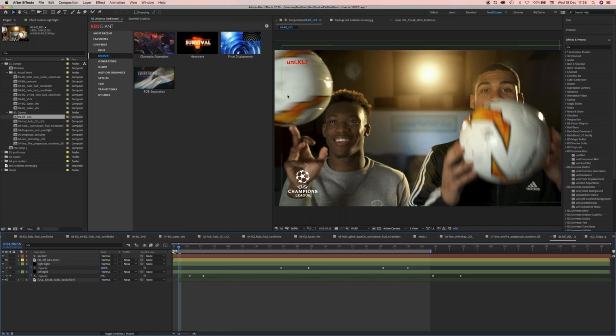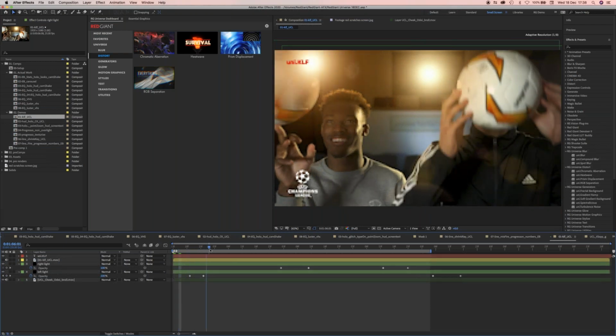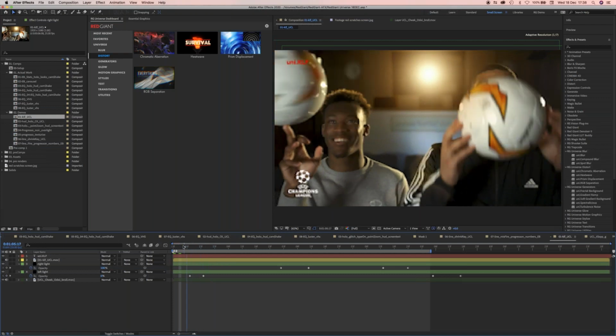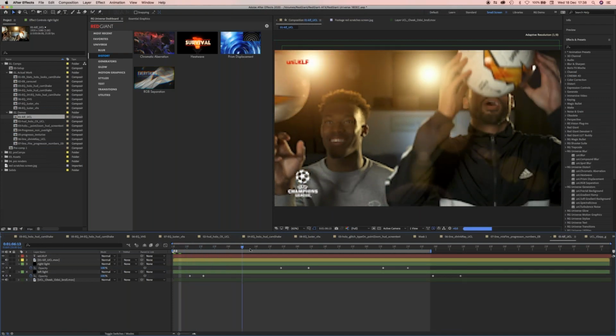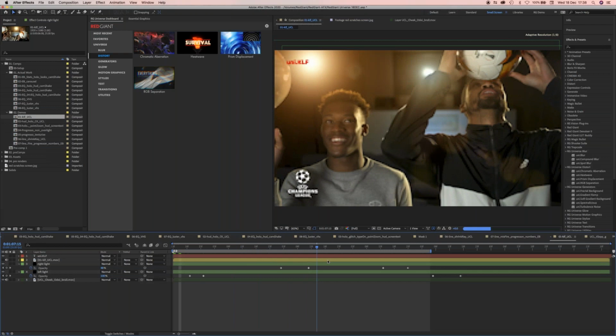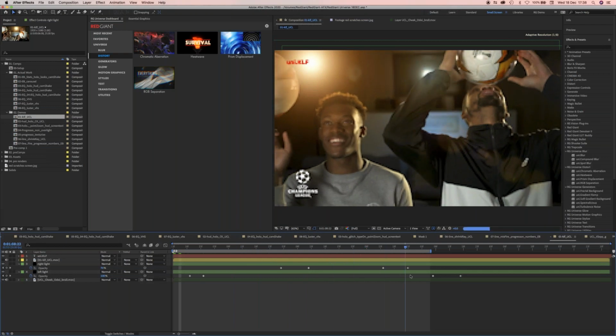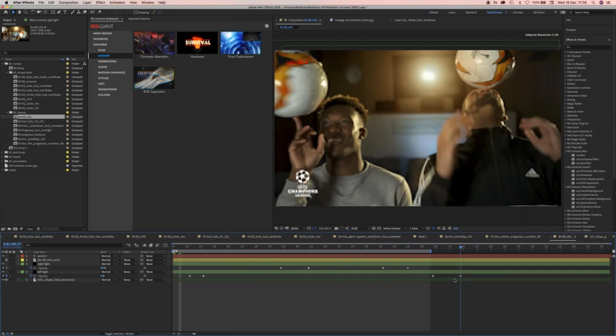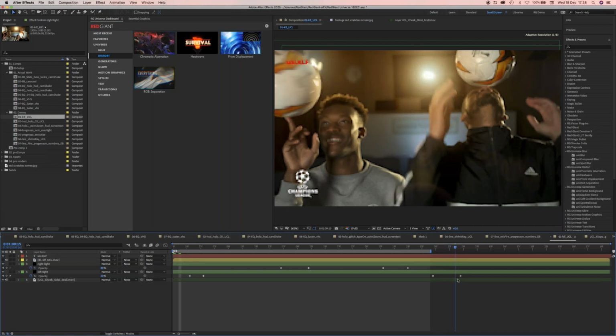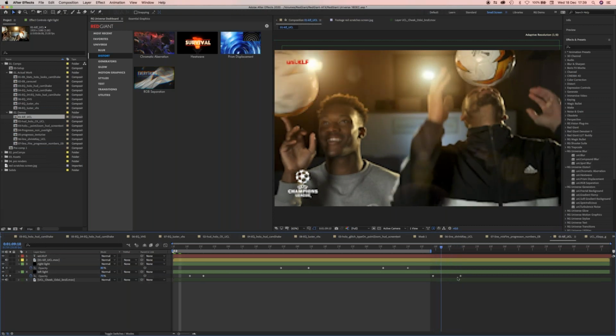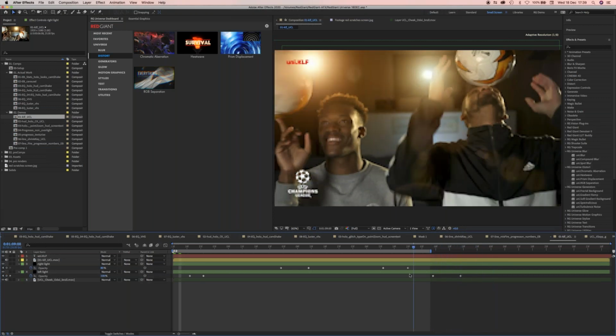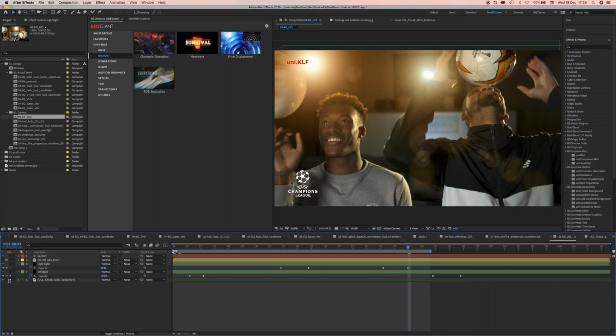What I've done is mimic the effect of occlusion. If we look at the left, you can see the flare appears when the ball reveals the light. And then on the right, you'll see it disappears as his arm gets in the way. For something that I did in a matter of minutes, it looks quite realistic and has a nice look to it. Plus, if you think the original shot looked like that,